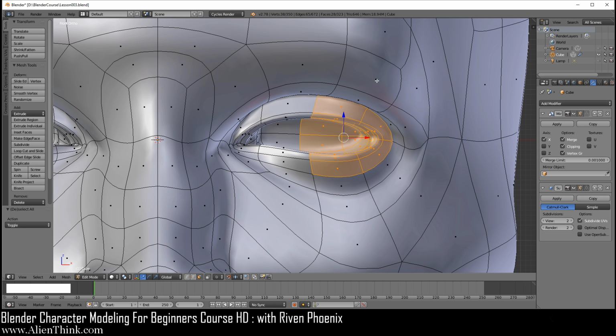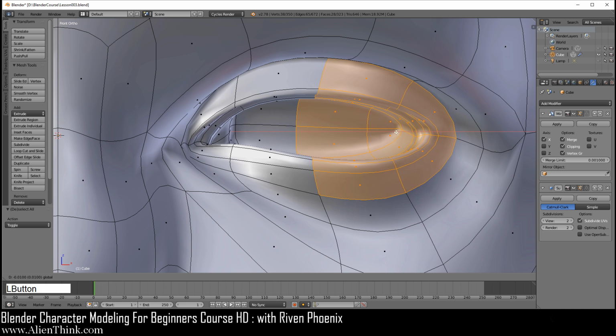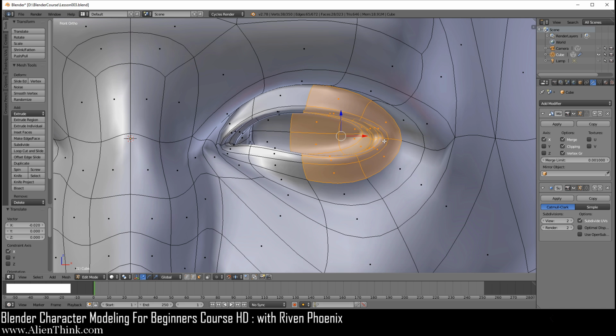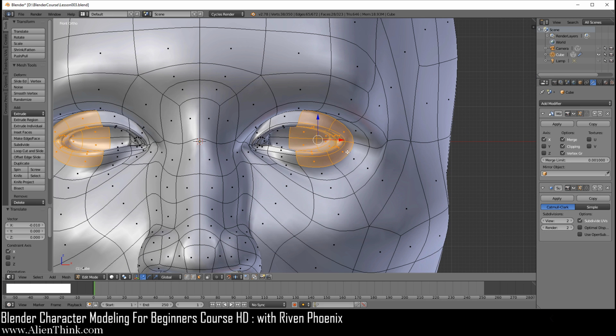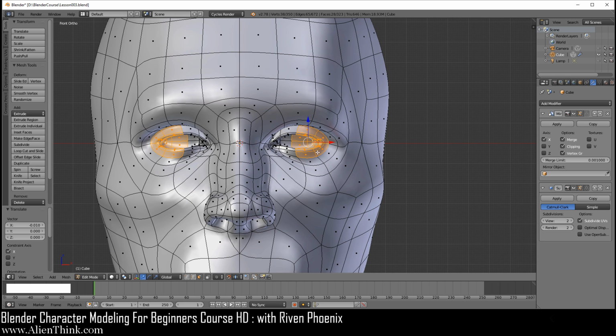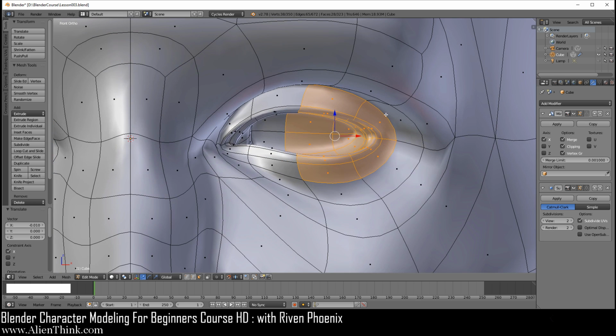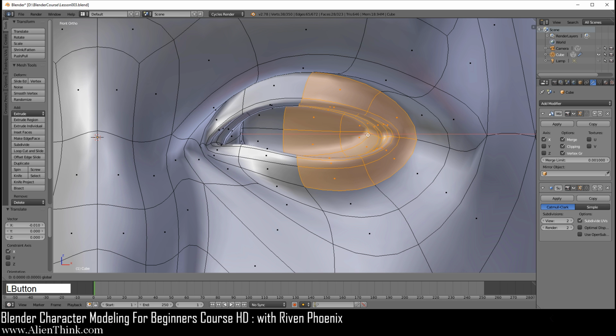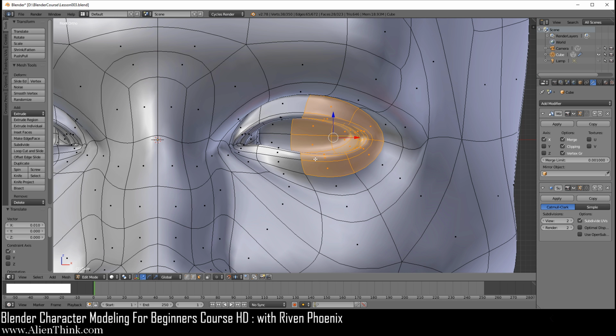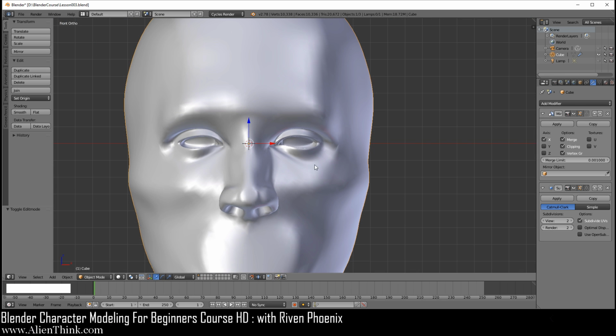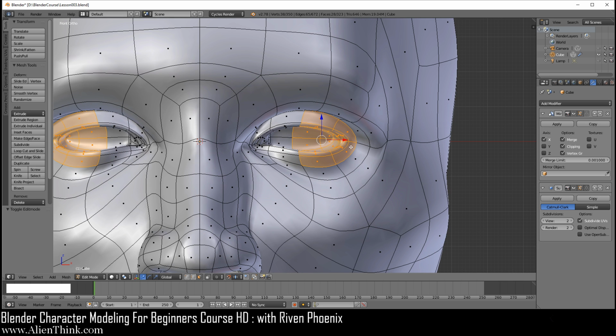So remember, as I had said, this is what you want to be aware of, this dot over here, and basically the edge needs to come. So I'm just going to move it in 1, 2, and I believe I'm just going to leave it at 1, 2, or you can do 3. And this will simply make the eye the correct size. I think I'm just going to do it 1 this time. It depends on what type of look you're trying to get. So you can see there we get nice size eyes. Basically these are correctly sized, and this is just fine.